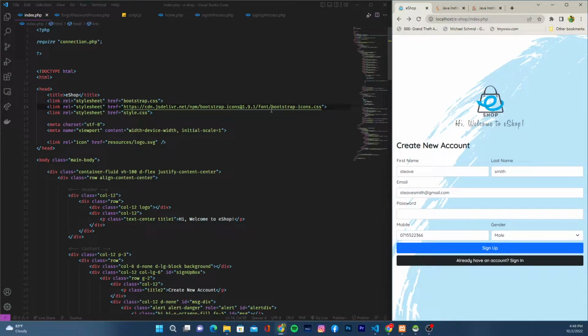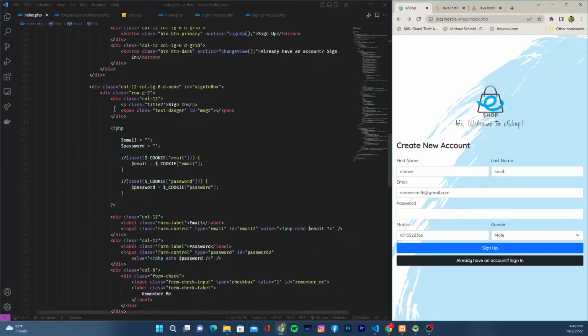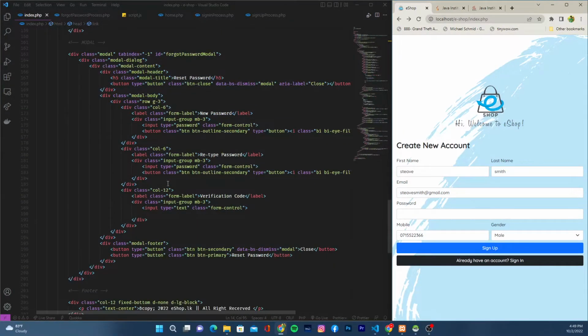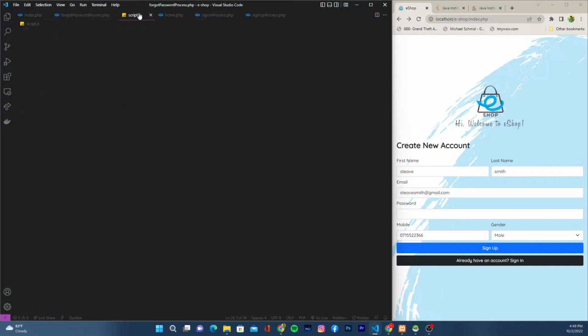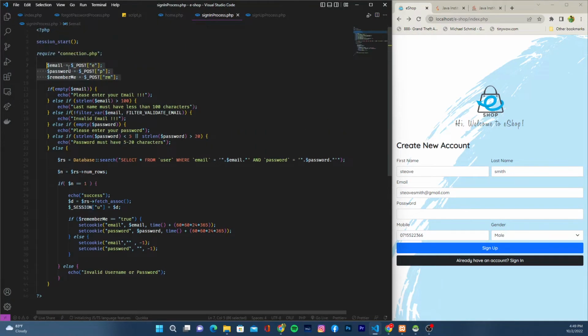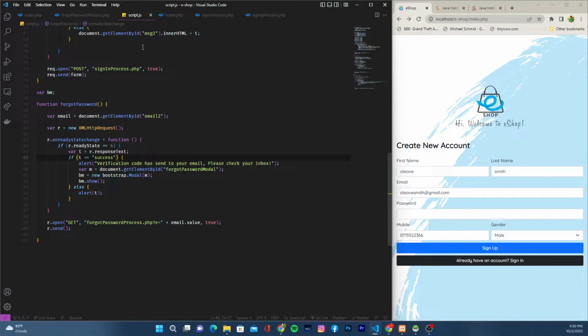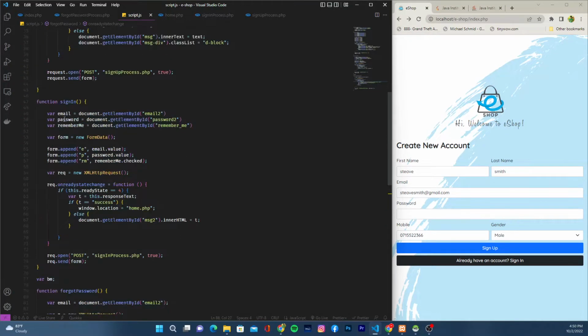So let's see our program part. We have designed our sign-in page right here. You can see, and I think it's this file. Before all of that, I have required my connection to the database, so I can work with the SQL database. Here I have some variables and put my values here. What I have done is that in the script.js, you can see